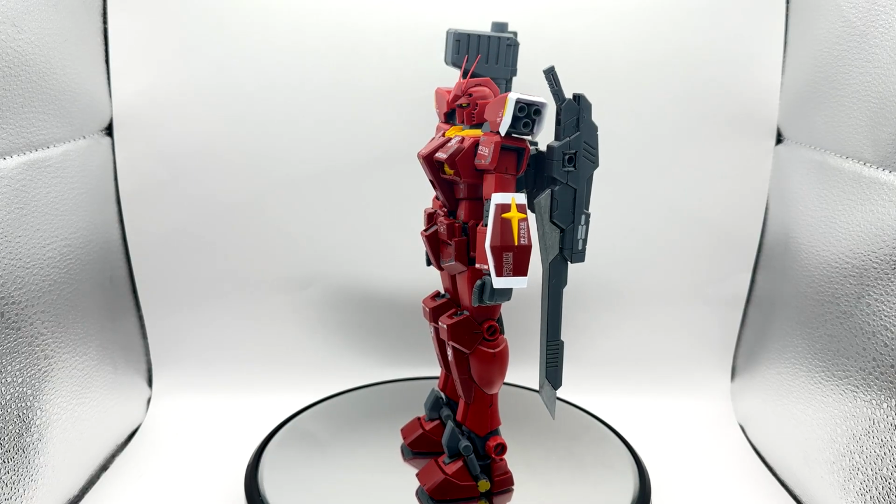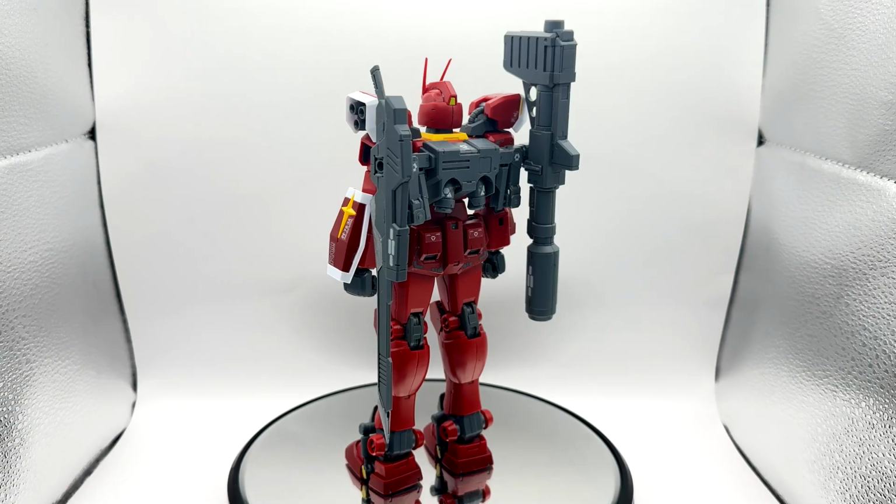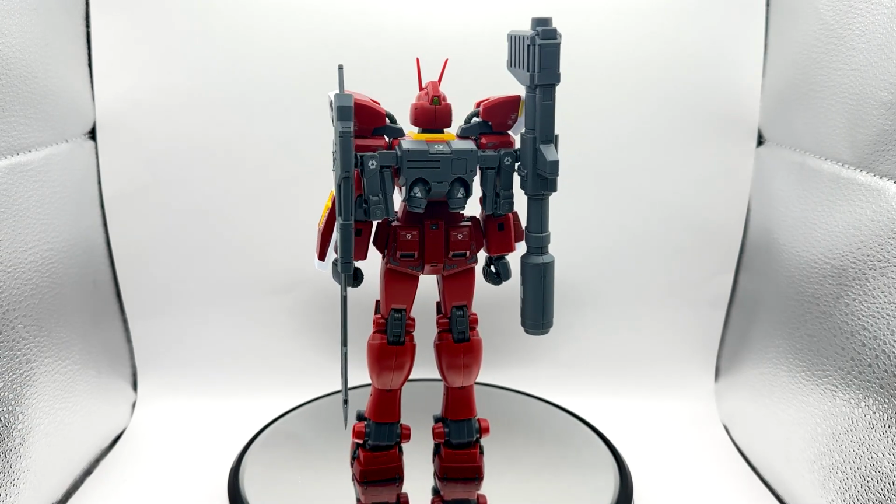Like the Lightning Black Warrior is a variant of the Amazing Red Warrior that's very artillery and ranged weapons focused. I do have the High Grade in my backlog, so